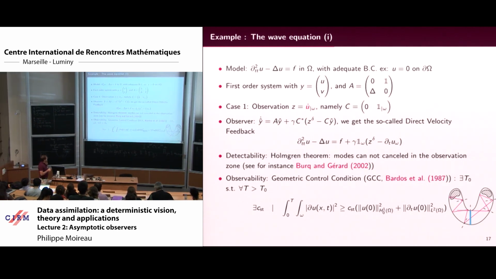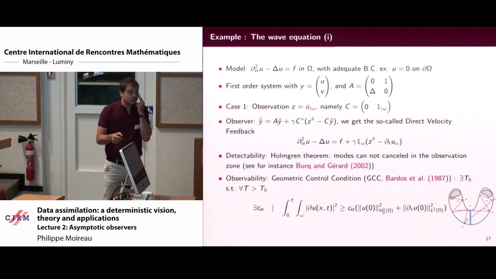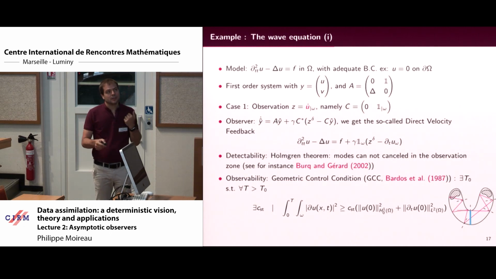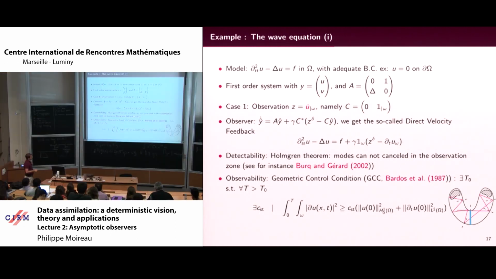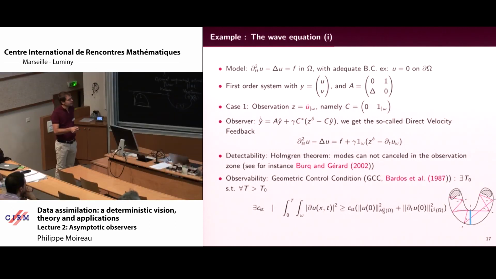And if you want to go a little bit further and consider the observability, so if the Gramian is invertible, then you need to find this property. The property says that what you have on the measurement is coercive with respect to the initial condition. So it's exactly C phi of the initial condition. You get the measurements, and you have to prove that this is coercive.